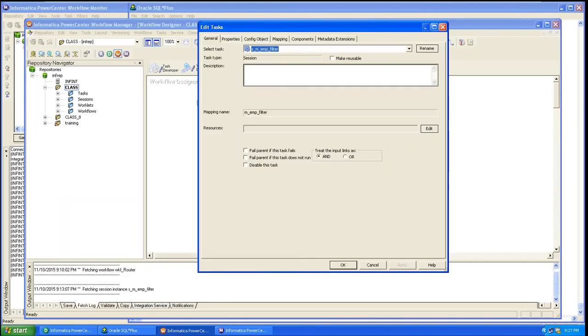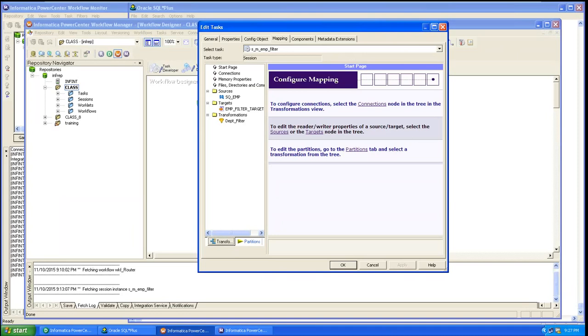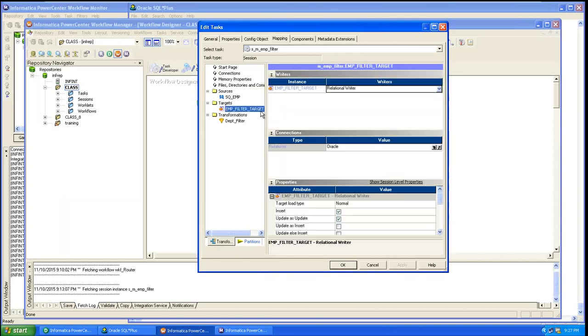Go to the mapping tab and go to the target, click on that one. Come down a little bit. Here the truncate target table option is there, right? Check that option.